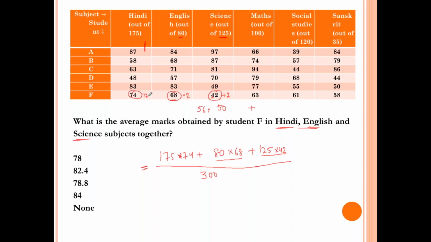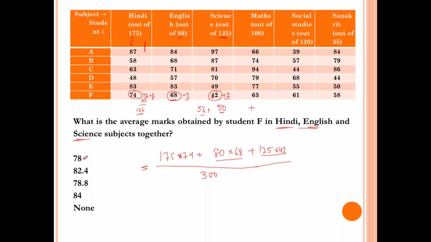See, this is 175 and 74. Had it been 72, I would leave the 2 and take 72 plus 175, which is 3 quarters of 72, your 54. So 72 and 54 is your 126. So 126, 56, and this you can take out and you can leave this part, right?